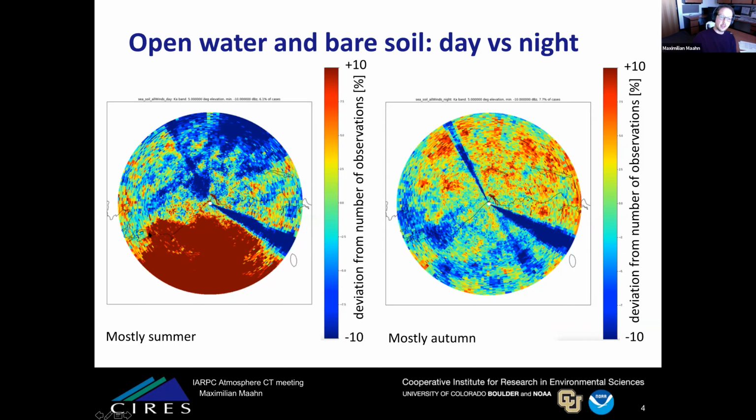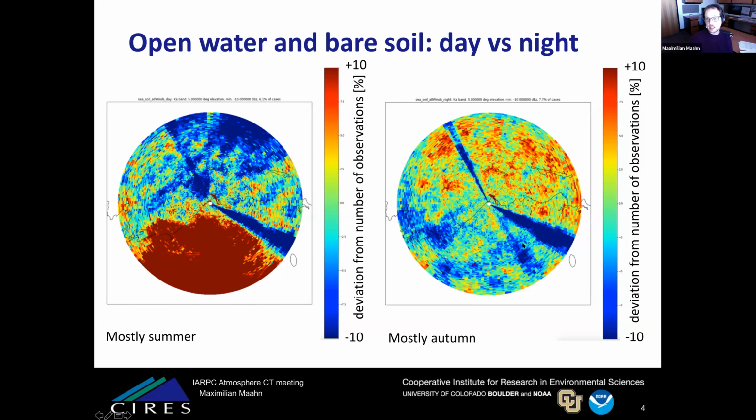You see that we have a lot more cloud, and actually I should say precipitation observations, because this requires at least drizzle in the cloud due to the sensitivity of the radar. So this is either more drizzle or more ice clouds in the southern part where there is bare soil, in comparison to the open ocean where there are fewer observations. If you compare that to